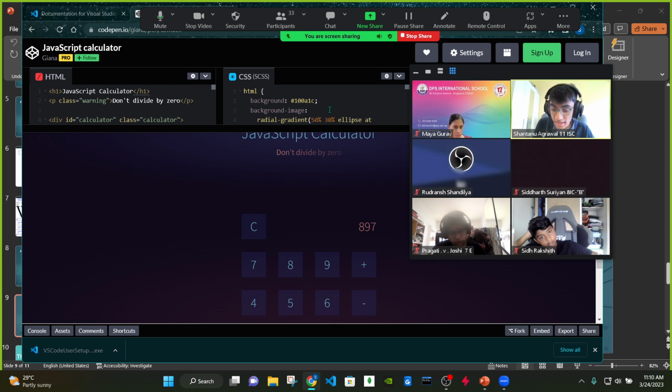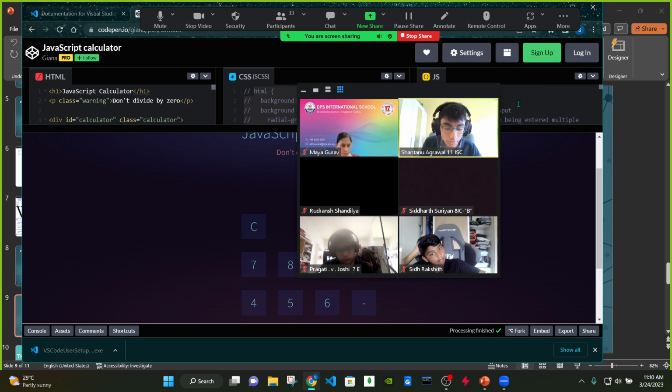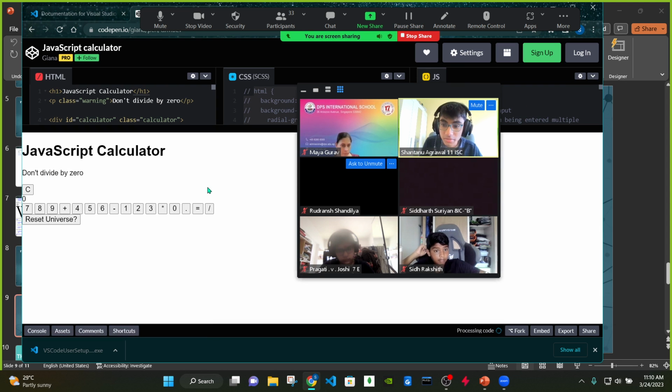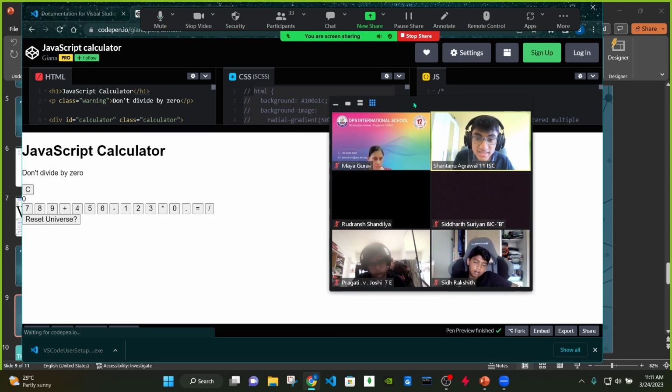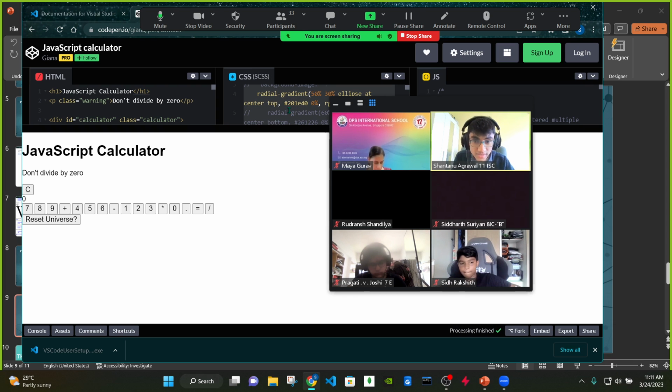But suppose I remove the CSS and I remove the JavaScript. This is how it looks without CSS and without JavaScript. You can see that with just plain HTML, the website looks very ugly, it's very clunky, and this is not a good user experience. So that's why we need to learn HTML, CSS, and JavaScript, all three of them, to make a modern website. And if I just add all the CSS back,